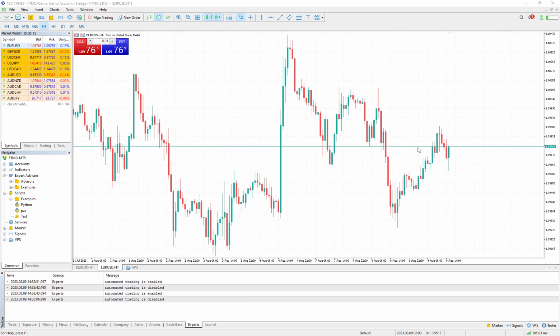So in this section, I teach you how to send an order in MQL5. This topic has two different sections. In the first section, I just teach you how to normally use MQL5 and the methods defined in MQL5 to send orders. And the second part, which would be the next video, I teach you how to use object-oriented programming